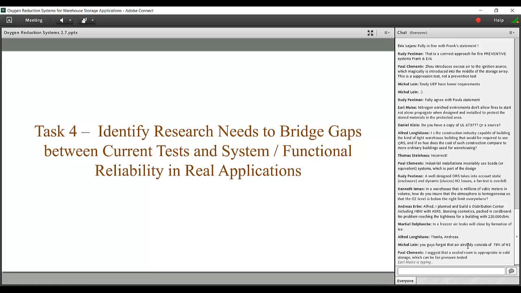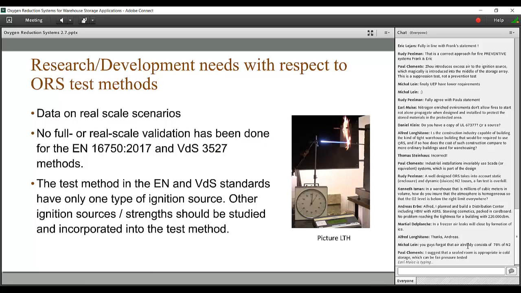The last task we conducted in this study was to identify research needs to bridge the gaps between current tests and system functional reliability in the real application, which was also explained already by Brian. So the first item is the research and development needs with respect to the test methods to determine the level to be used. And the first thing, which is in fact very important, is that